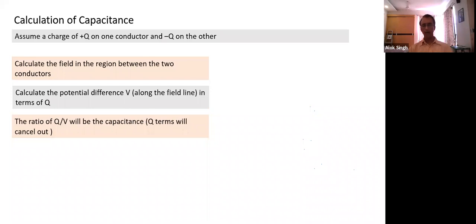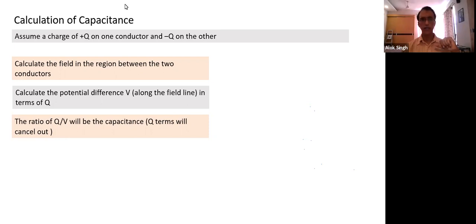So again, we have calculated capacitance for a parallel plate capacitor equal to A epsilon naught by d. Let's think how we calculated it. The way we have calculated for a parallel plate capacitor, it can be calculated for any other shape if we can find the field. What is the method of calculation of capacitance? Let's look at the method.